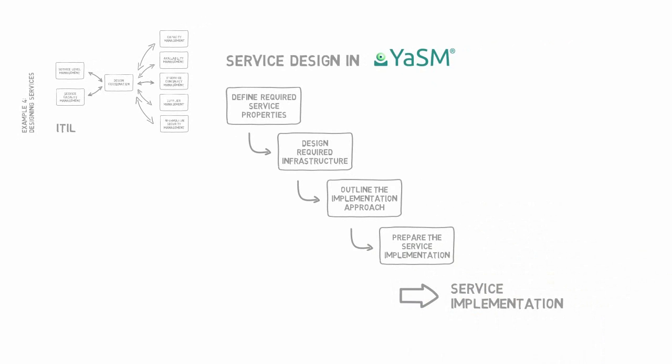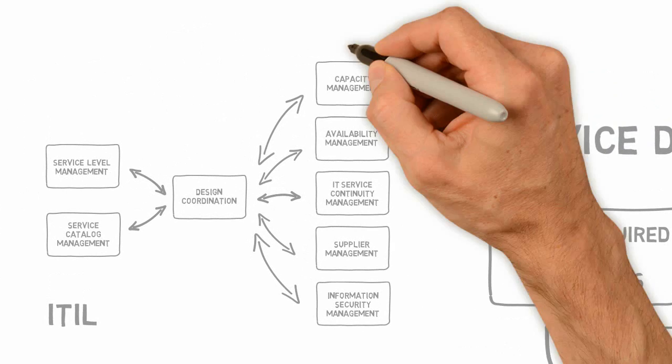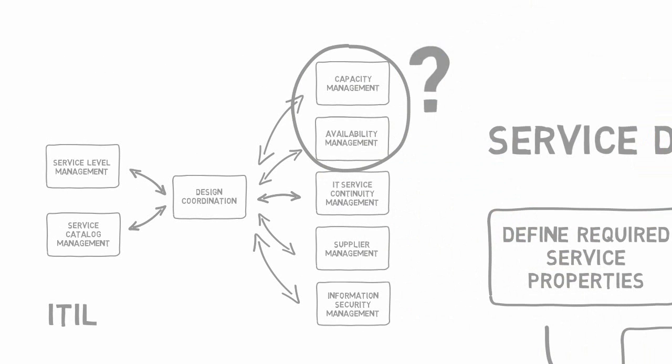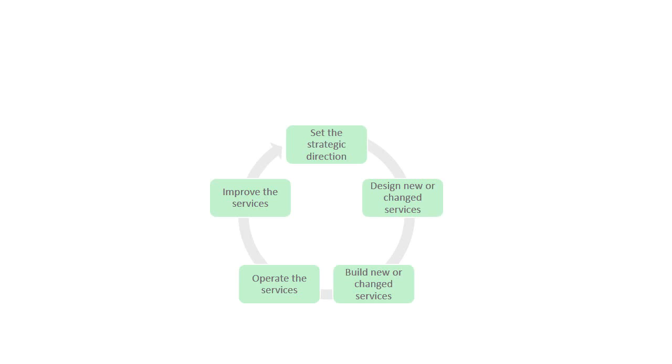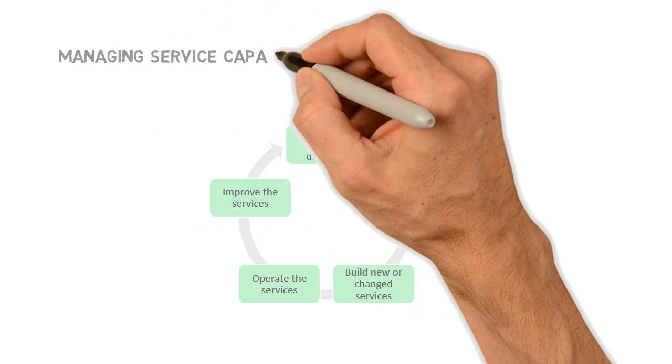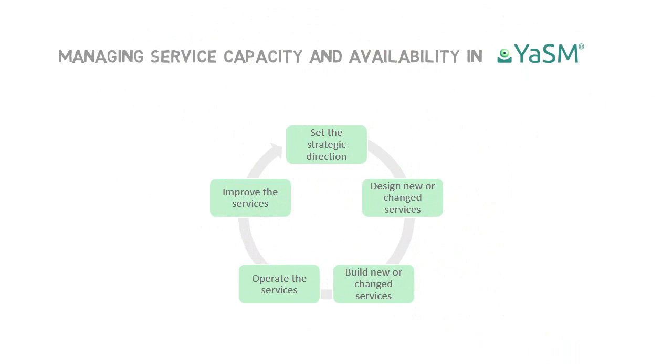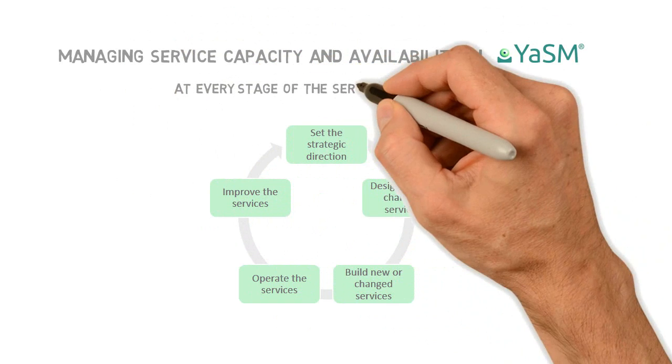But now you might ask, isn't this too simple? And where did all the ITIL processes go? For example, where are capacity and availability management? Well, the real point is that we need to manage service capacity and availability. And in YaSM, this is done by taking service capacity and availability into account at every stage of the service